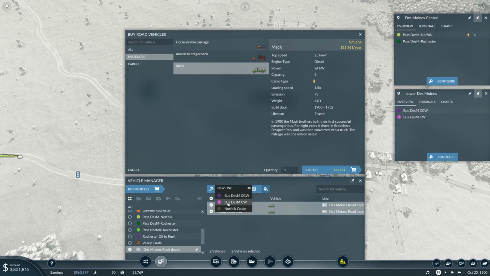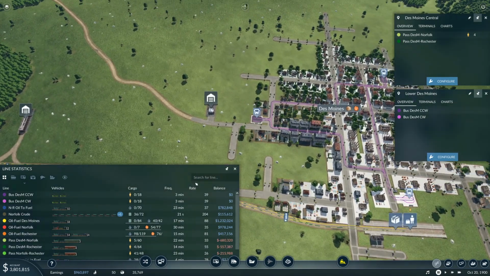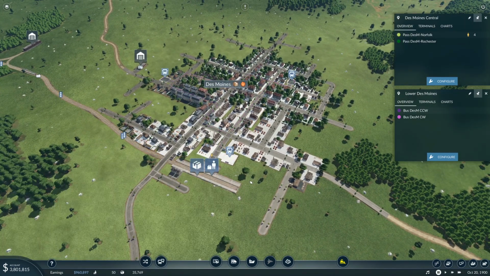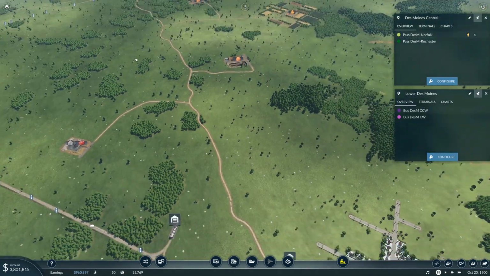We'll put these on clockwise. Let's make sure I did that right. Yep, there we go. So we got 2 vehicles running 39 per minute, which will help get this sort of straightened out. I think we'll get some more people over here to our bus terminal. Very good. All right, so before we start time up, and I think we have plenty of money,